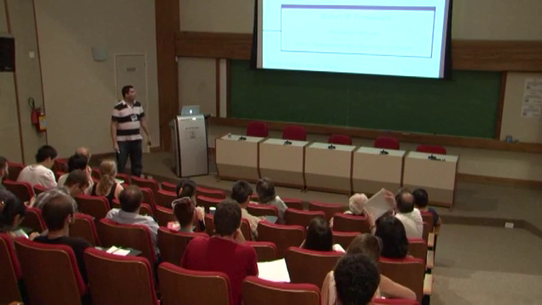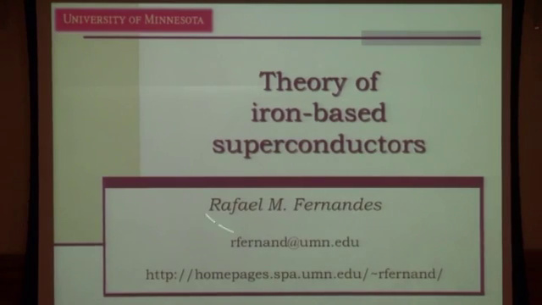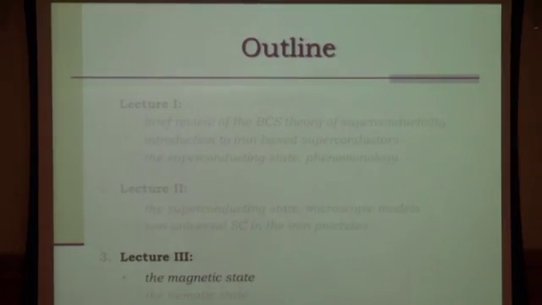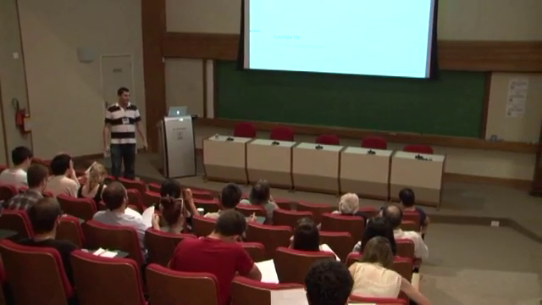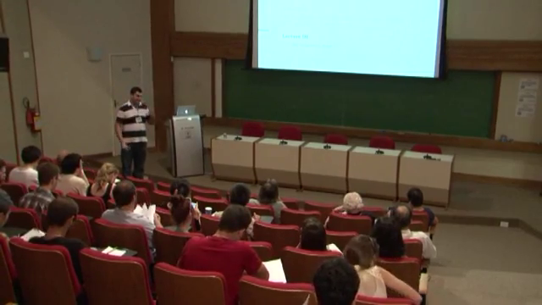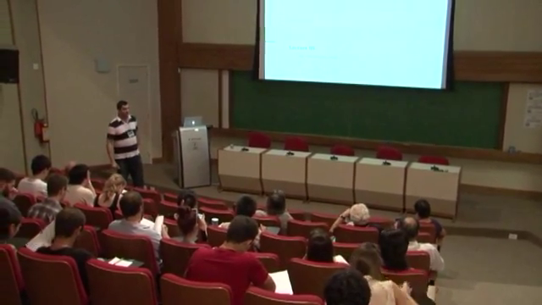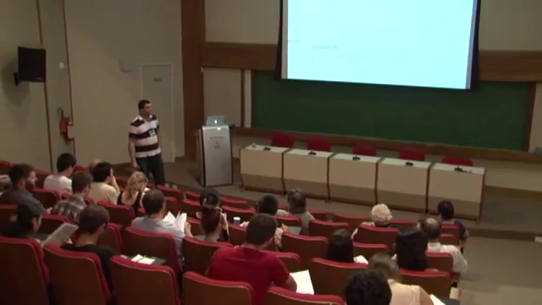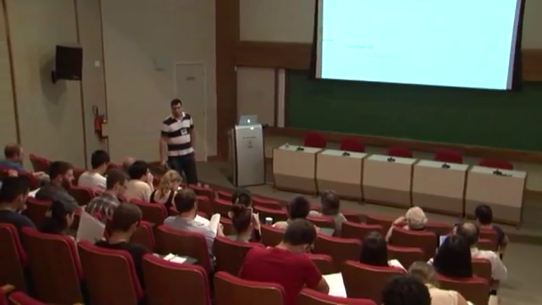So, anyway, today I will go to the third part of the lecture. Unlike the other two lectures, I will talk about normal state properties. Why am I talking about the normal state? Well, I try to show you that superconductivity is in close proximity to magnetism. Therefore, if you want to understand superconductivity, it would be great to first understand the normal state